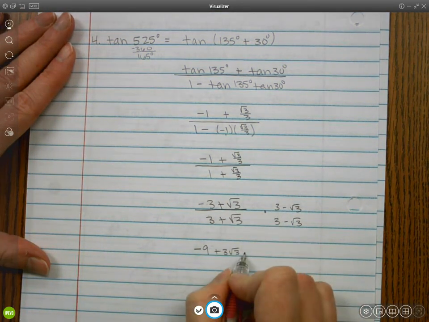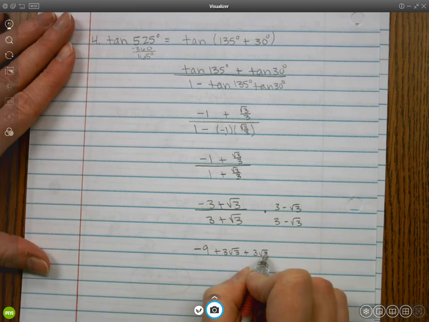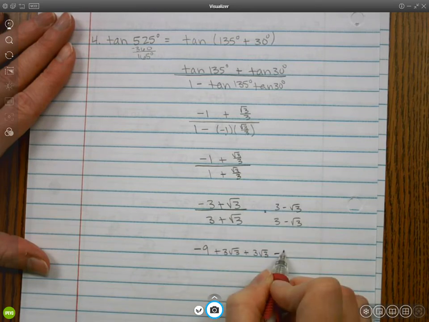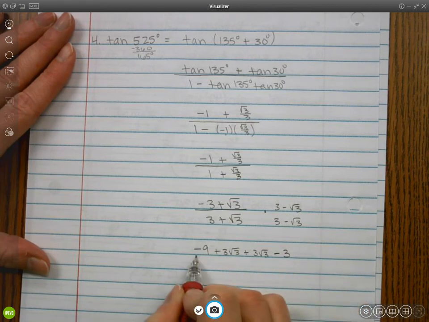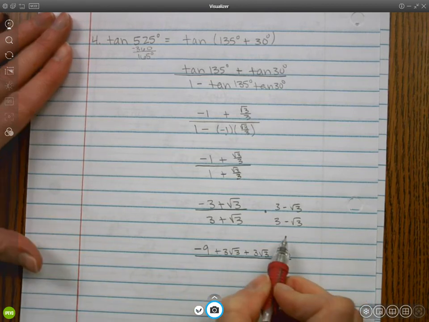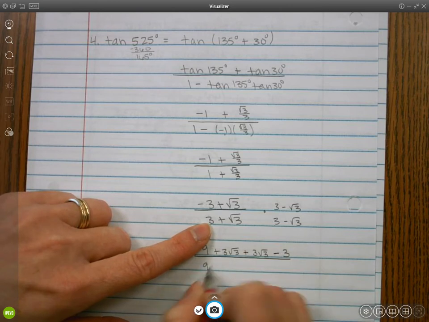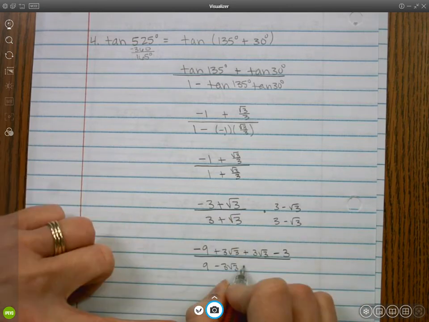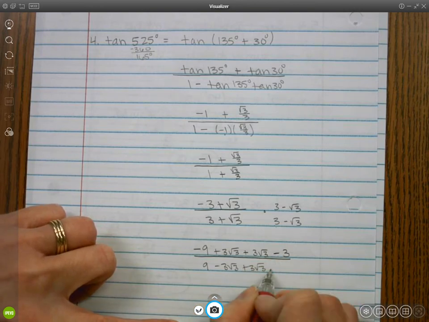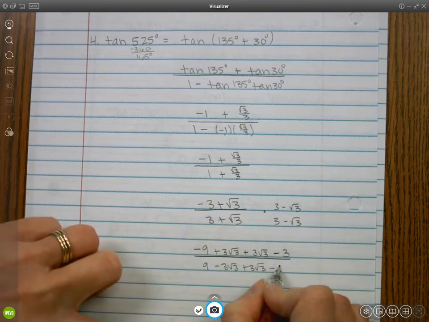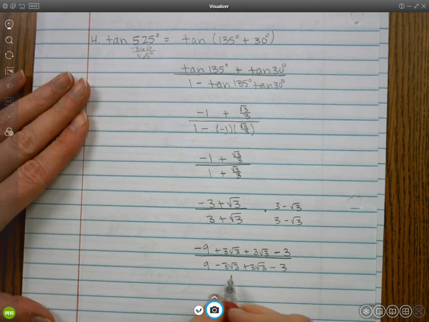And then plus another 3 root 3. And then minus root 3 times root 3 is the square root of 9, which is just 3. On the denominator, you're going to get 9. You're going to get a negative 3 root 3, a positive 3 root 3, and then a negative root 9, which is 3. So on top, we clean up to negative 9, 10, 11, 12,